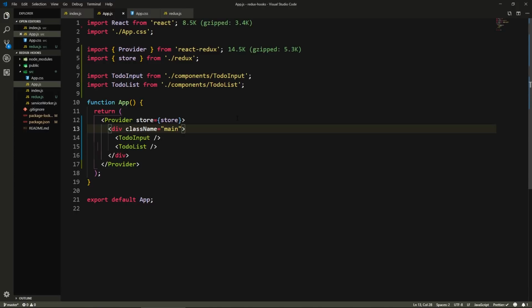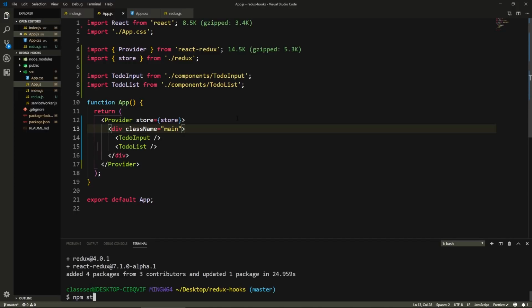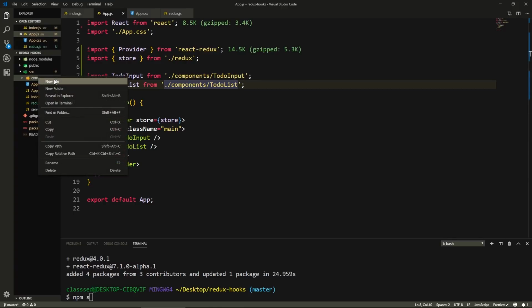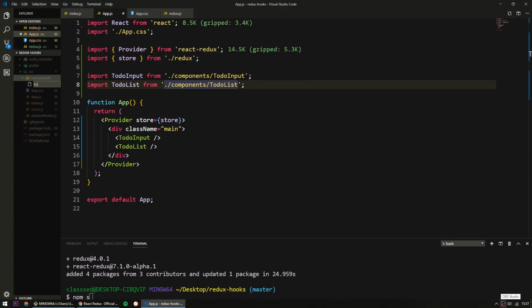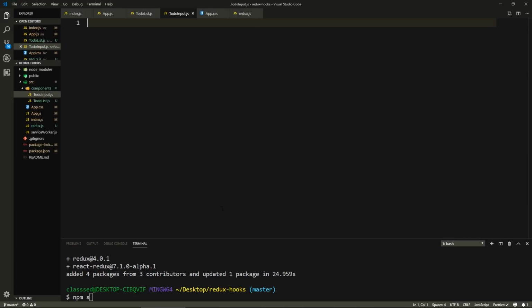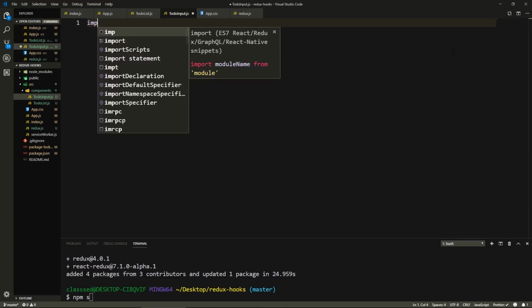Let's save all files and see if our application runs without any. Actually, it's not going to run because we don't have these components. Let me create them first. So create a folder called components. And inside of here, we're going to have two files, the to-do list.js and a to-do input.js. So in our input, we just need to import